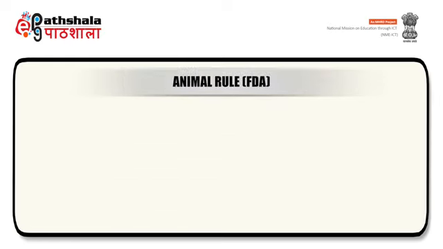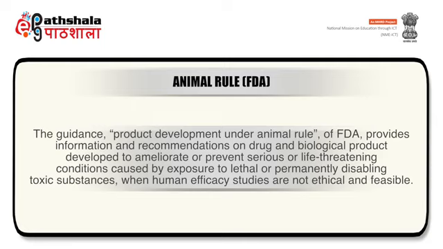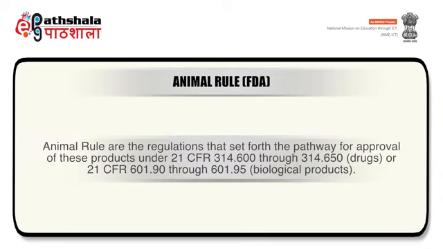In the next section of the in vivo testing, we'll be discussing the Animal Rule as per FDA. The guidance, Product Development Under the Animal Rule, provides information and recommendations on drugs and biological products developed to prevent serious or life-threatening conditions caused by exposure to lethal or permanently disabling toxic substances when human efficacy studies are not ethical and feasible. The Animal Rule comprises the regulations that set forth the pathway for approval of these products under